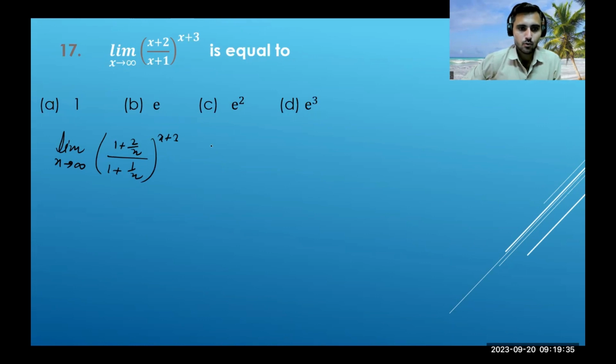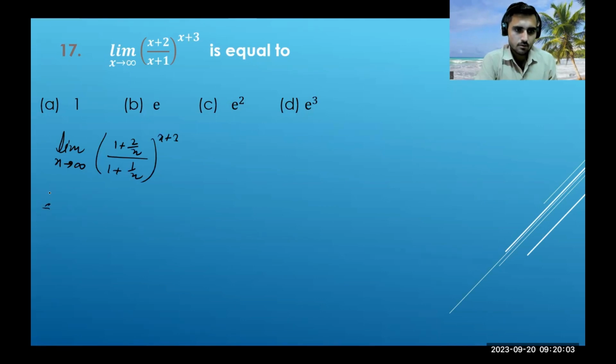If we put the limit, we'll get 1, because this 2 upon x, after substituting limit infinity, is 0, and 1 upon x is also 0. So 1 plus 0 upon 1 plus 0, which is 1 upon 1, and we'll get 1. But here the power is infinity. So we have an indeterminate form, 1 raised to the power infinity, and then whenever we have